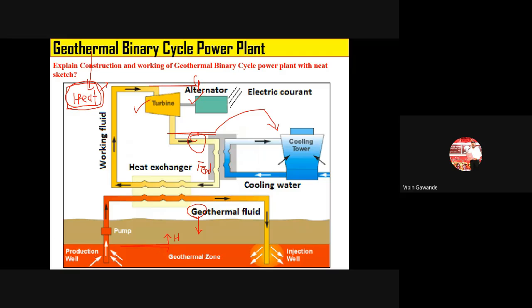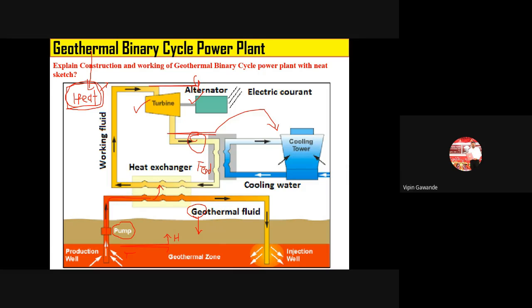Okay, and here you see this one. Now, this orange portion shows that it has a very high temperature. Okay, now what happens here: there is a very high temperature fluid, and that fluid is taken inside the pipe with the help of the pump, and when this hot fluid flows through the pipe, it then comes to the heat exchanger. Now when that hot fluid comes in the heat exchanger, it interacts with the feed water, which is flowing through the heat exchanger.